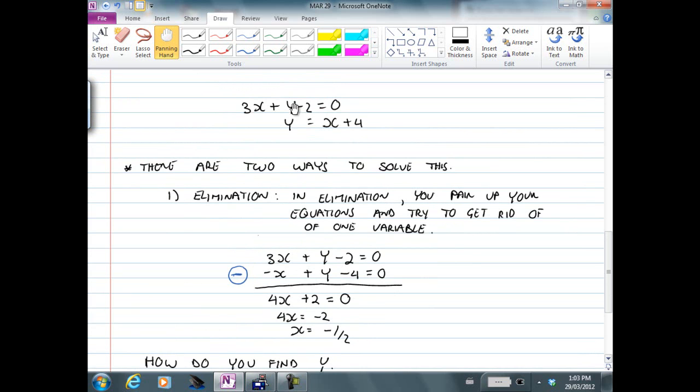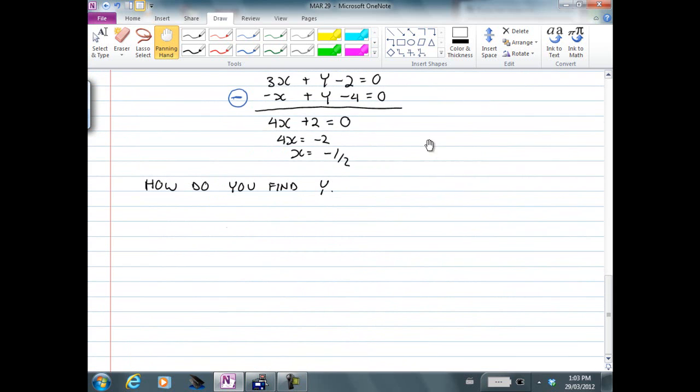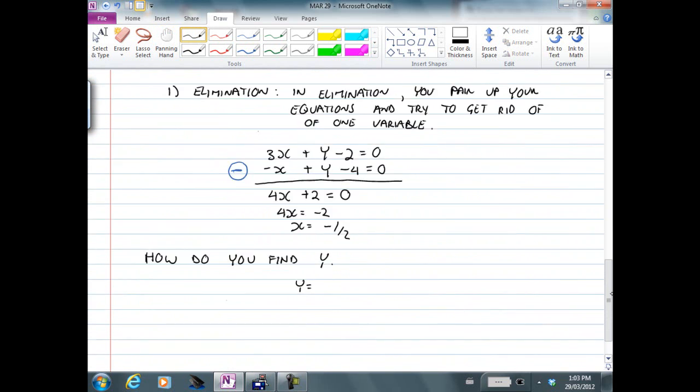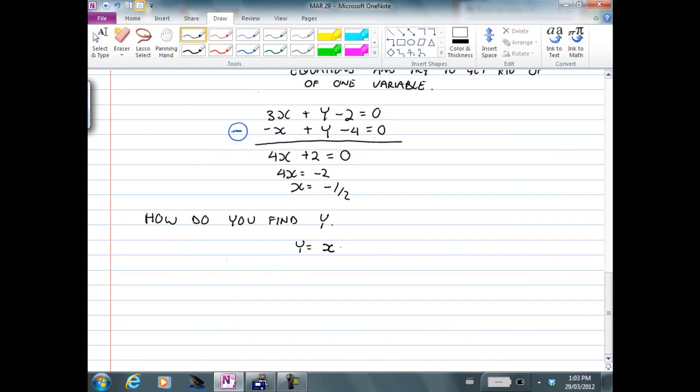Guys and gals, to find y, choose any equation you want and sub x in. Serena says, let's just sub it into the second one. So let's sub it in right now. Y equals x plus 4. We're going to just sub it in. Y equals negative 1/2 plus 4. So what is y? Y equals